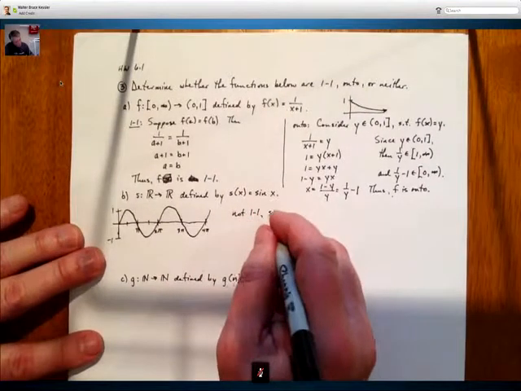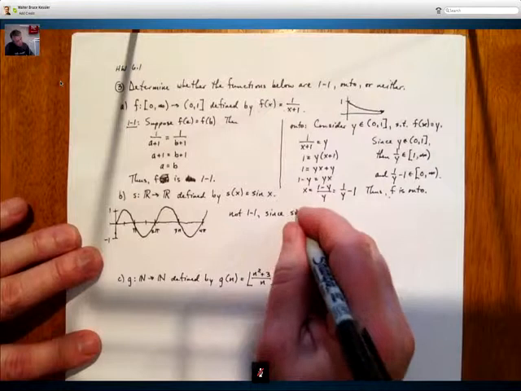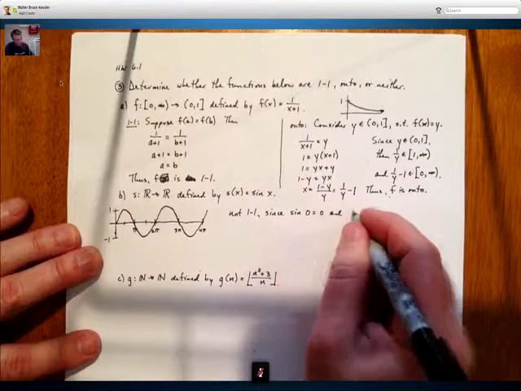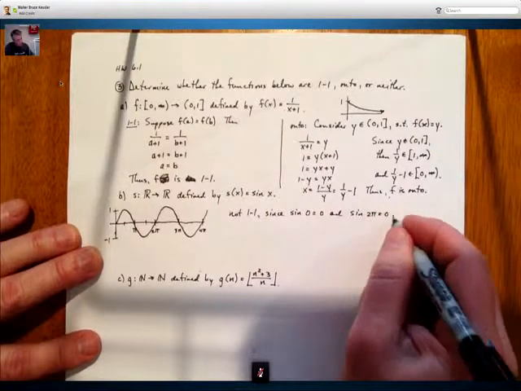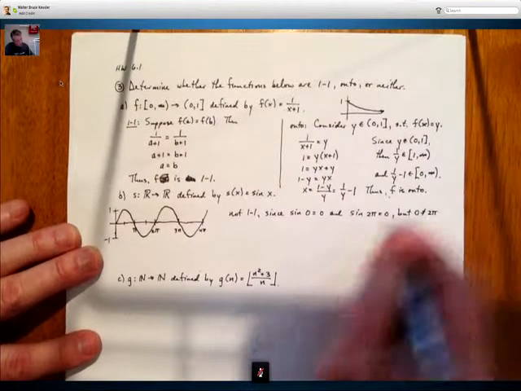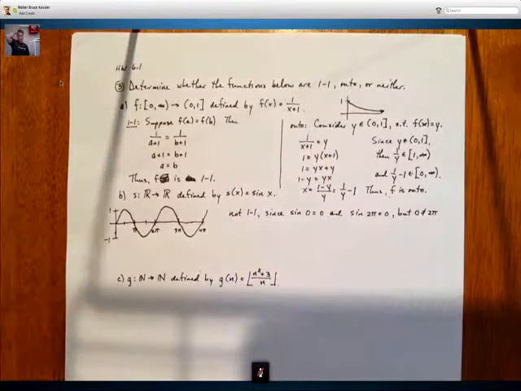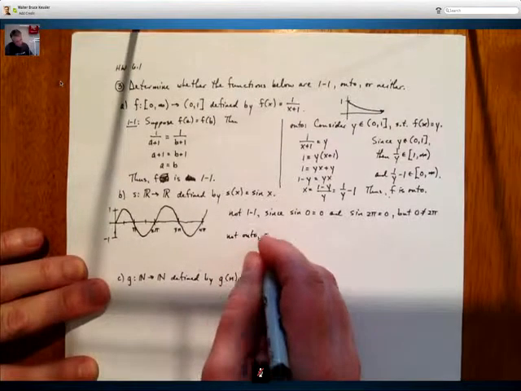So it's not one-to-one, since, just give a counterexample, sine of 0 is 0, and sine of 2 pi is 0, but 0 is not equal to 2 pi, right? Two things that gave us the same function value that weren't equal. So it's not one-to-one, and it's not onto,